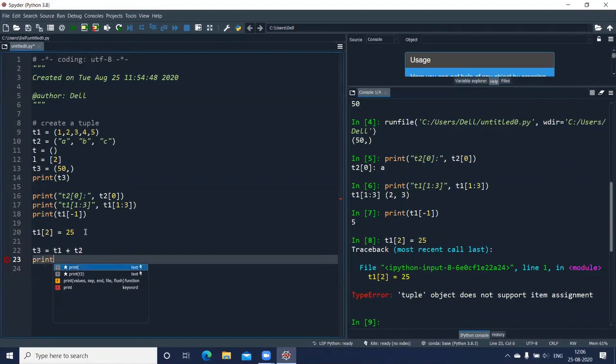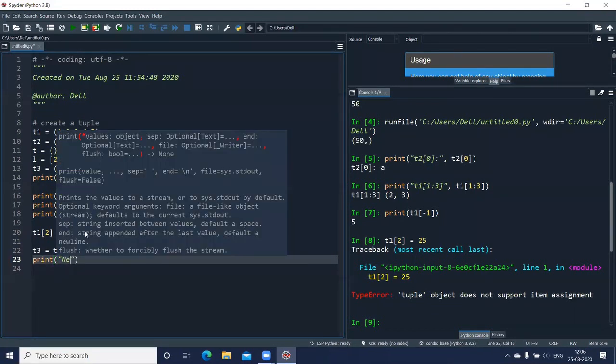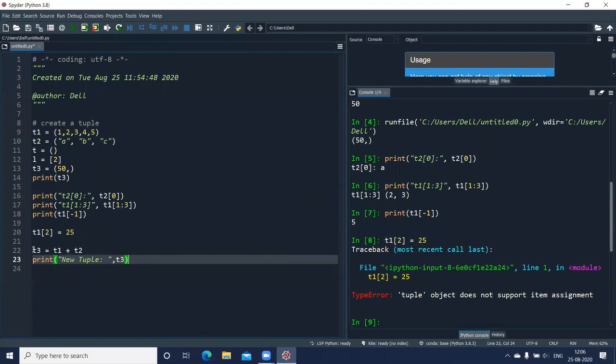So print new tuple, I can say. Put a comma and I display T3. Fine. Let me execute this.